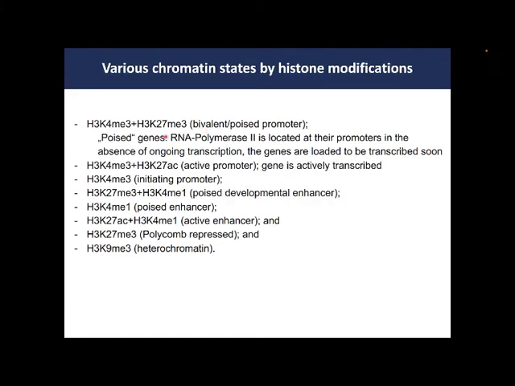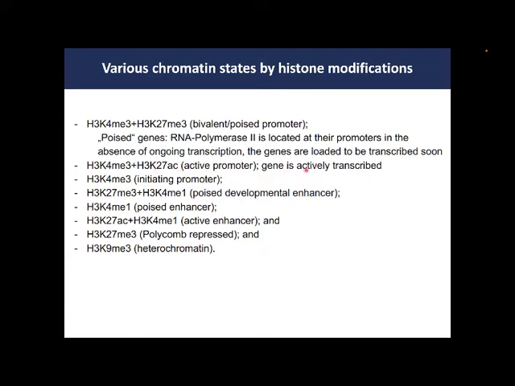There are multiple various descriptions. A bivalent poised promoter is marked by K4 trimethylation as well as the repressive marker K27 methylation. At these poised genes, RNA polymerase II is located at the promoter in the absence of ongoing transcription. So the polymerase is halted, stuck there, but does not perform active transcription. The genes are poised to be transcribed soon. So this is a region that is ready for de novo transcription once some stimulation is applied. And this is an active promoter: K4 trimethylation and K27 acetylation mark the active promoter, where the gene